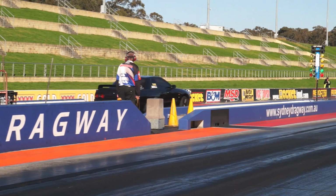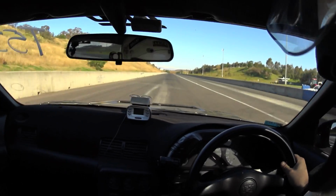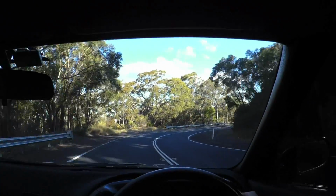The car went 10.7 on street tyres first pass, and we went 138 miles per hour to back it up. So we've got a supercar fast street car that's mega responsive and fun to drive. So where do we go next? Well, we decided we're going to push the power even further and see how far we can take our stock